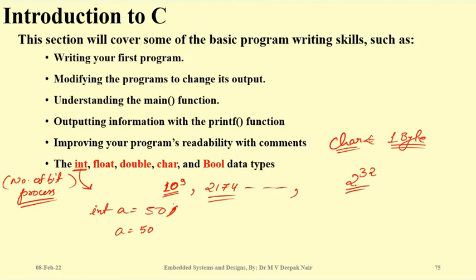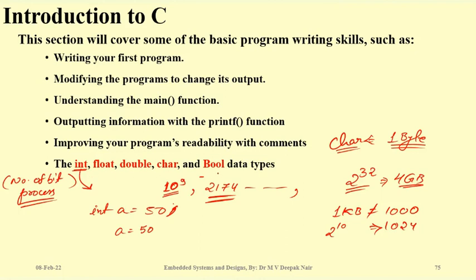So now can you tell me what is the size? It is 4 GB almost, but 4 GB is not 4 into 10 to the power 9 or so. For example, when we say 1 kilobyte, 1 KB is not 1000, it is 1024, that is 2 to the power 10, right? So similarly here it is not just 4. So when you are giving this number, 2174 something, you are talking about signed numbers. So you are assuming that int is signed.